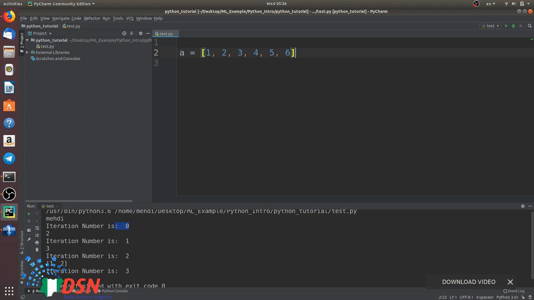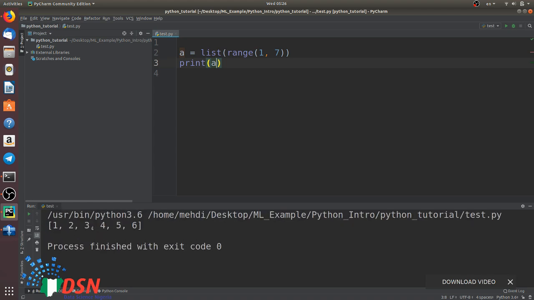Now probably you know that instead of writing this, I could just write range 1 to 7, right? And convert that to list. Now if I print A, I will have 1, 2, 3, 4, 5, 6. Okay,